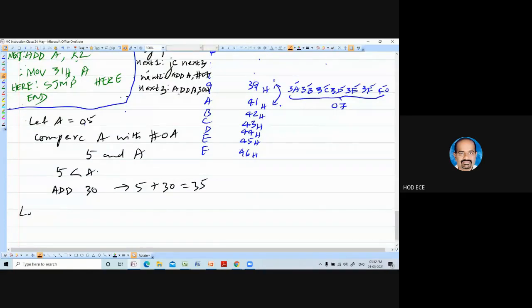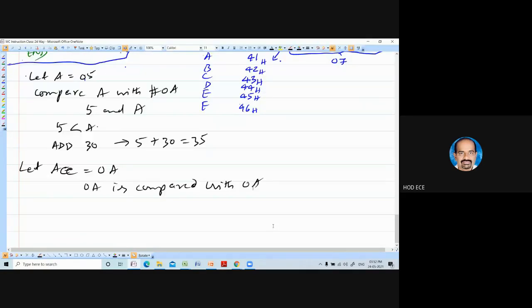Suppose accumulator is equal to 0A. So 0A is compared with 0A. 0A is equal to 0A. So what you have to do? You have to add 0A plus 7, then you have to add 30.